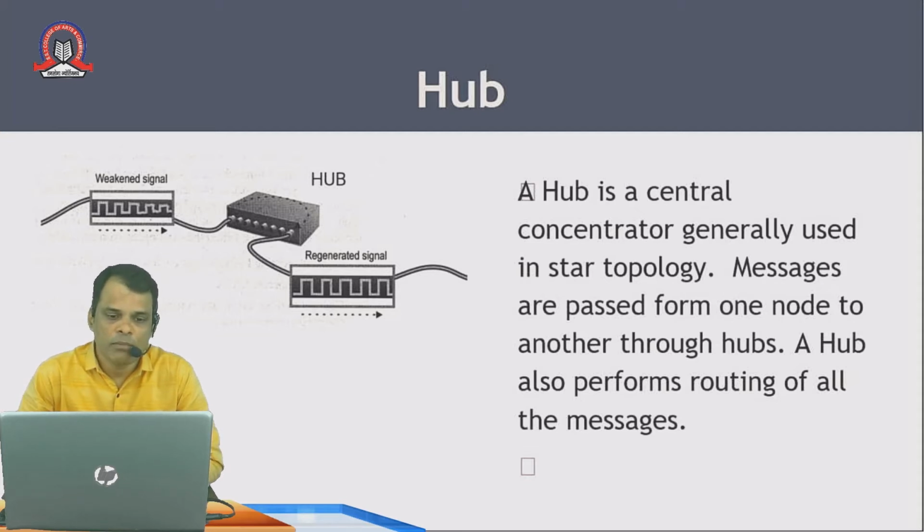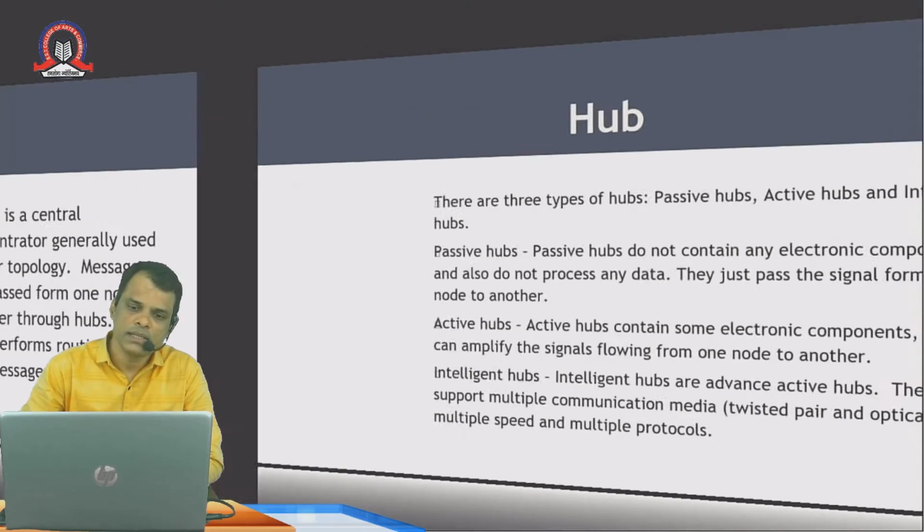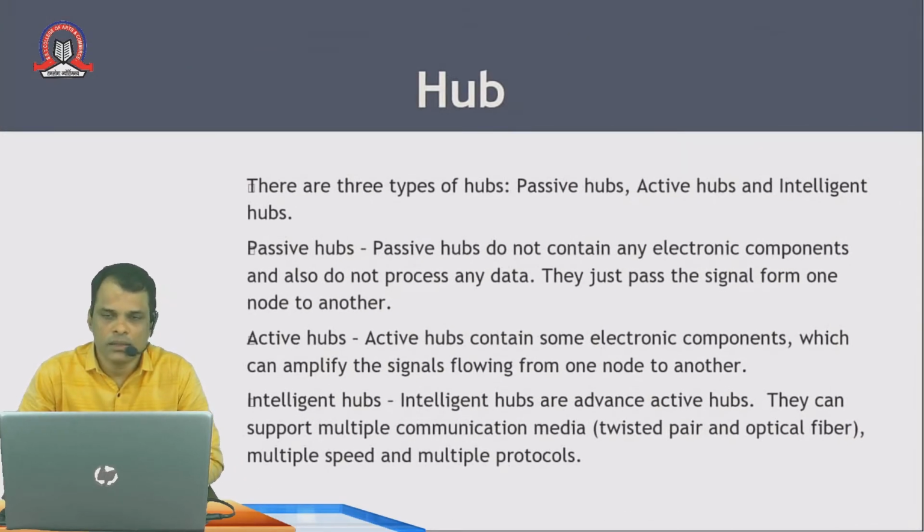In the diagram, if you see, it's a device like this. You might have seen it outside your houses also, sometimes it is used. So this is a hub. From here, different computers are connected together. Now we will discuss a little more about the hub.